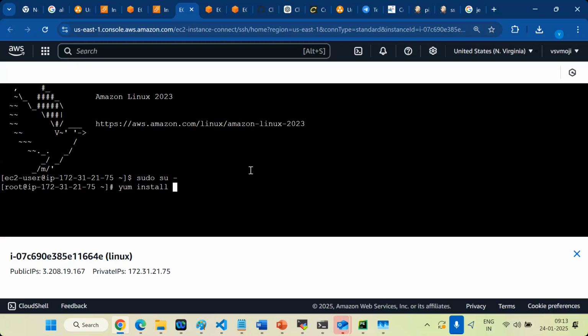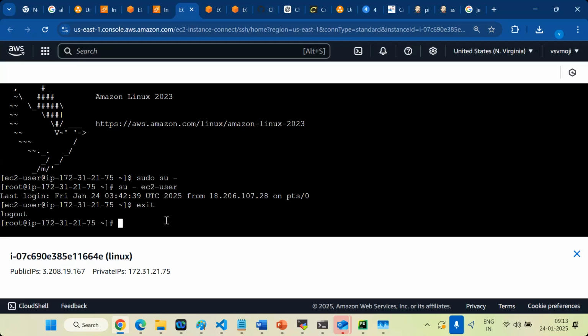And if I want to install from EC2-user, what can I do? su hyphen first, login as a EC2-user. Here we need to use sudo. Clear? Again, switch to root, exit, switch to root. I'm inside the root. Even you can use sudo su hyphen also, no problem.